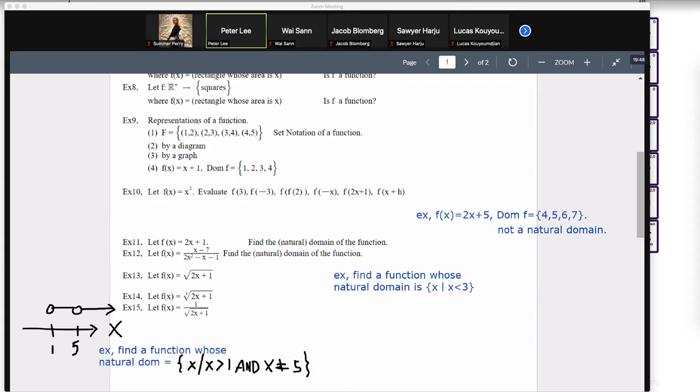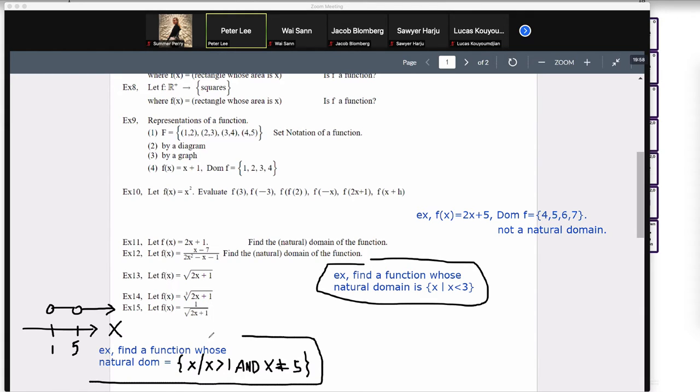So let's look at, how about first start with this. Find the function whose natural domain is this. Do you think you can do it? If you can do it, then I'll skip it. And how about this example right here? Now, you don't find all the functions. I only ask you to find one function. How many functions are there with this kind of domain? Let me tell you,